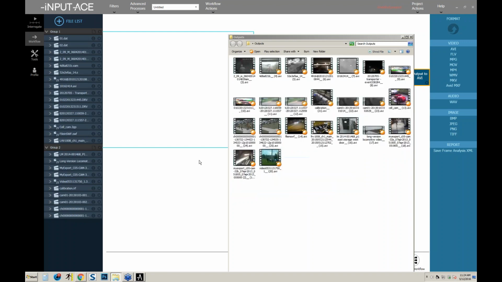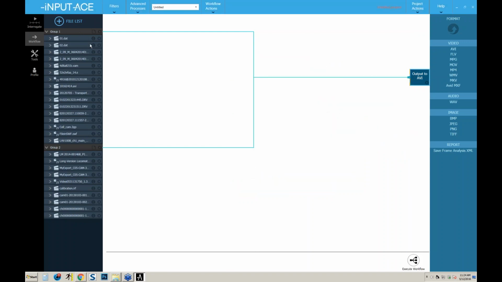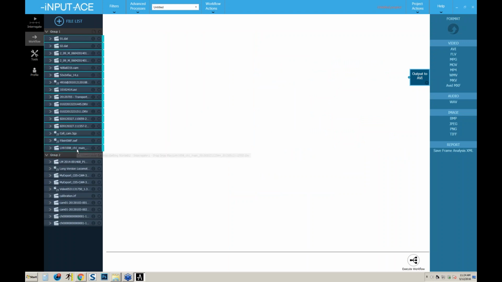Okay, I'm going to delete these files here and show another quick mechanism that we can process files by. Instead of sending the group to the output node, I can send the files by clicking on a file and shift-clicking to any other file. We now see that there are a large number of connection areas that become available, and by clicking and dragging